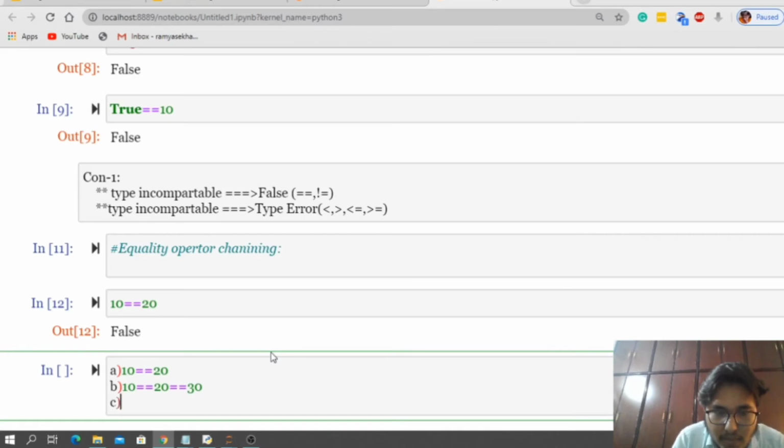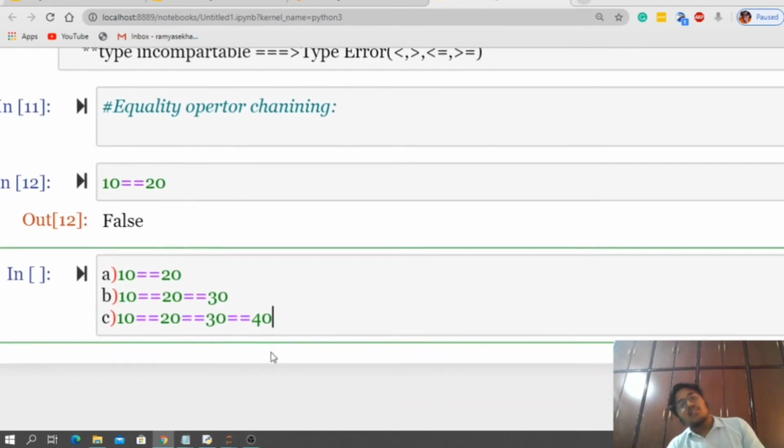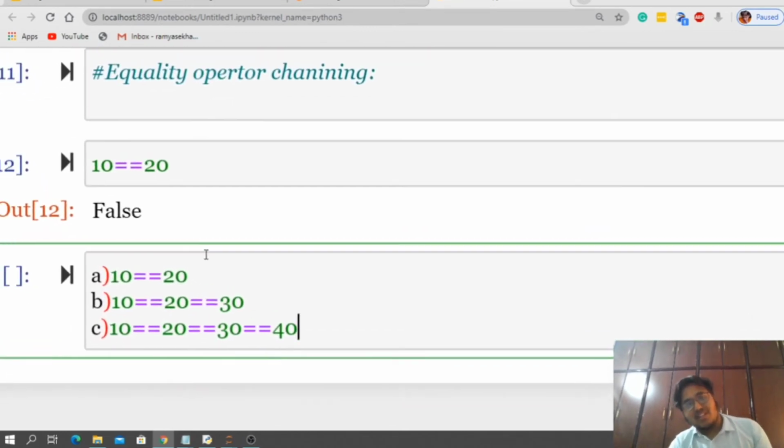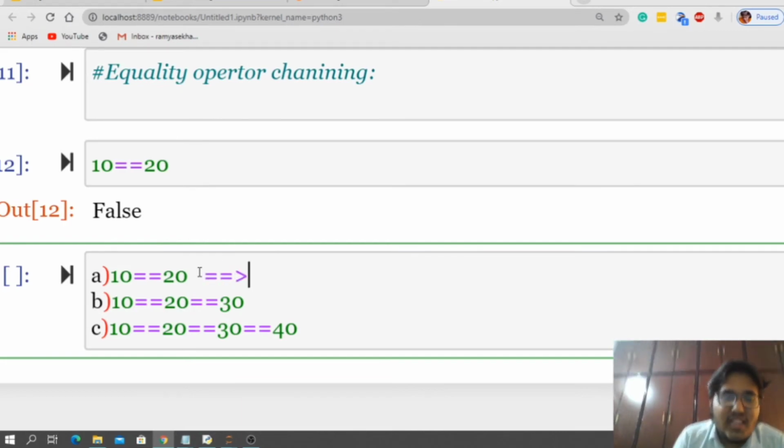C: 10 is equal to 20 is equal to 30 is equal to 40. Let us take all these examples for equality operator chaining. So, can you tell me, guys, what is the output for this? 10 equal to 20, it is false.